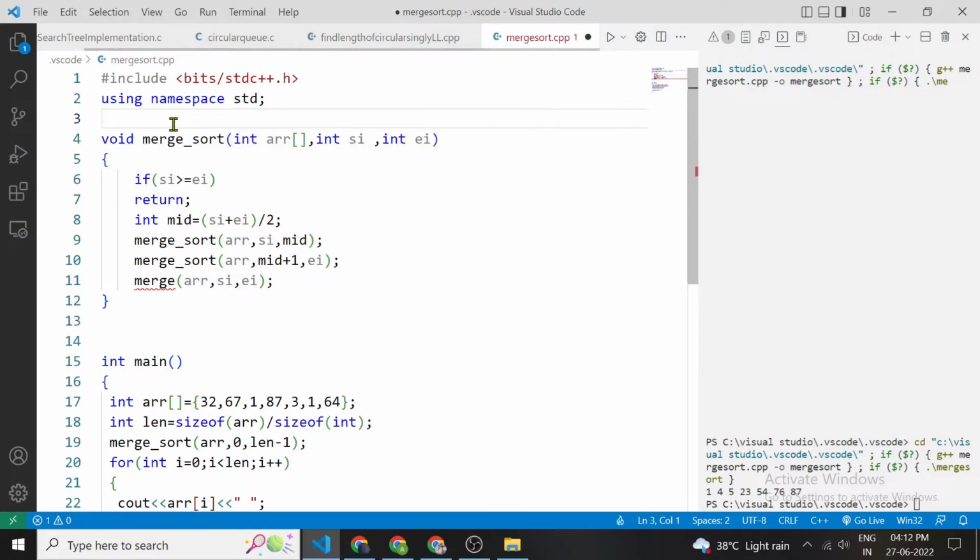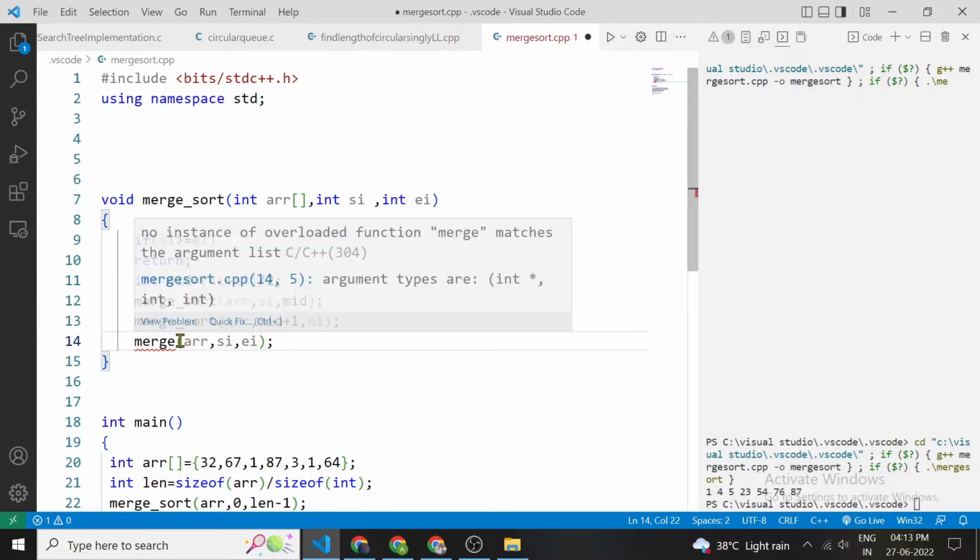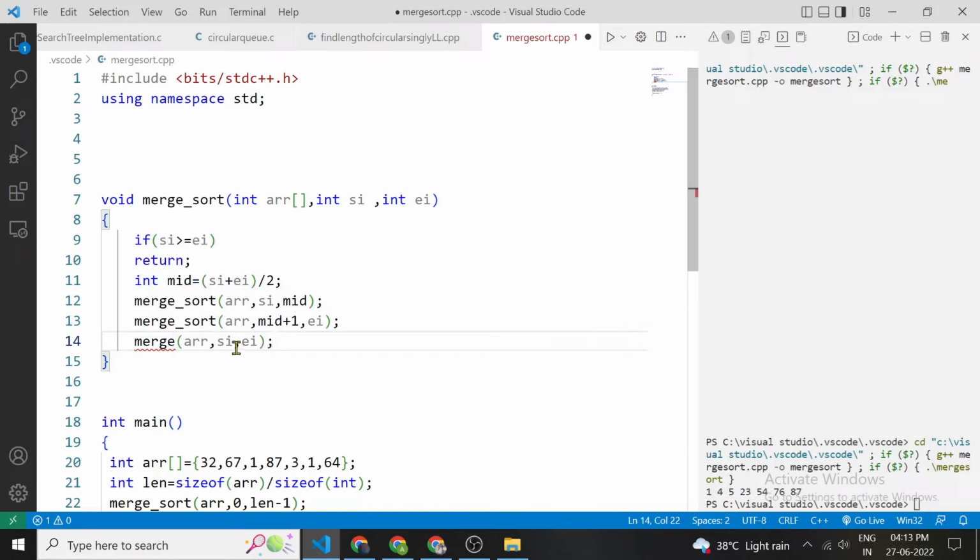So now writing merge function. See, merge function is going to merge two sorted arrays into a single array that is sorted. So it's not going to return anything, it's going to make changes in the given array. And here we are passing our whole array, that consists of two parts. We are not passing two separate arrays. So this merge function will also divide our array into two parts, that are already sorted by this merge sort